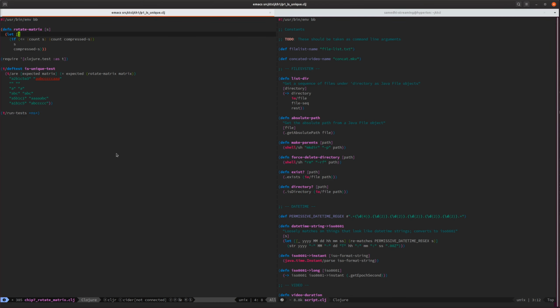But if we're going to write it ourselves, I think we have a matrix, which is just a 2D vector, right? And so maybe we just want to map